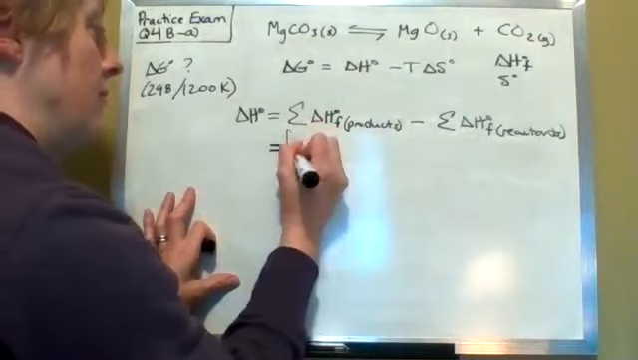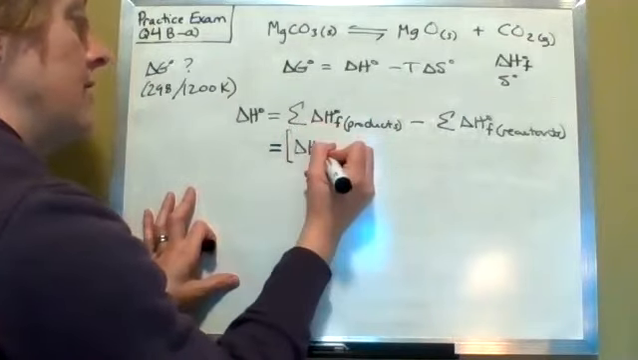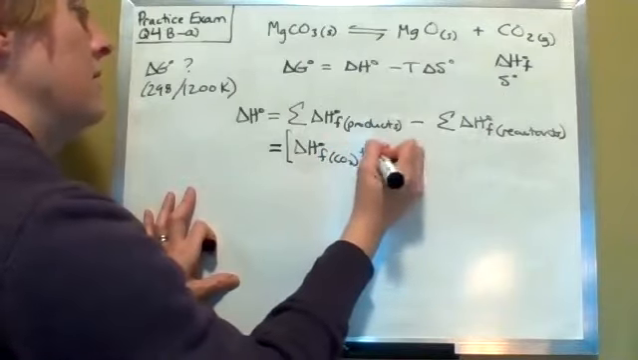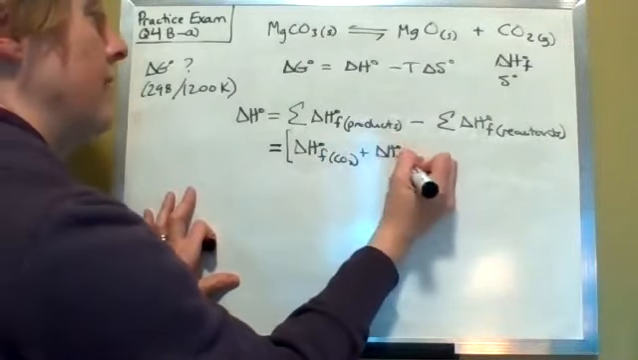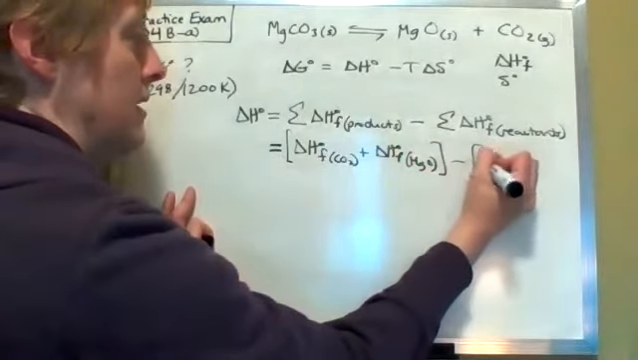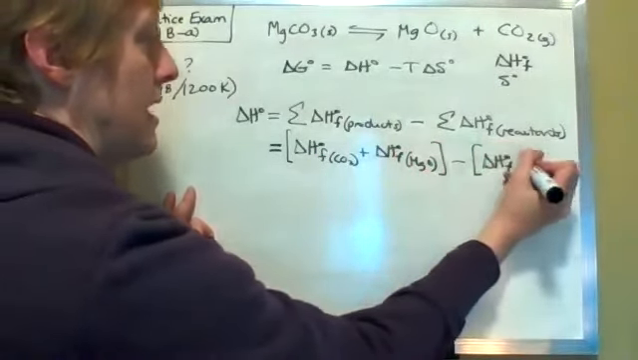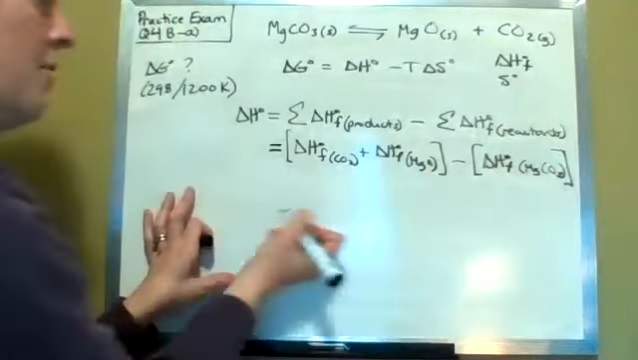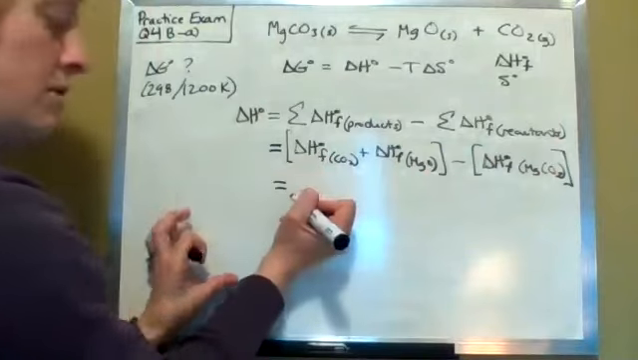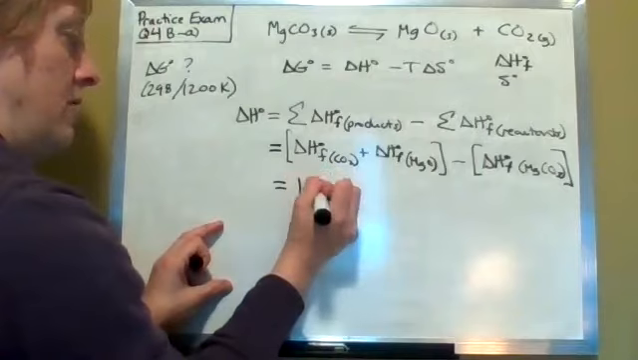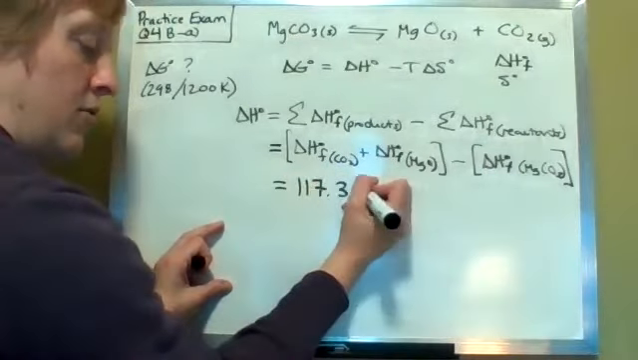So first of all, we would have delta H naught F of CO2 plus delta H naught F of magnesium oxide minus delta H naught F of the magnesium carbonate. If you input all of those values to the math, you should end up with a value of 117.3